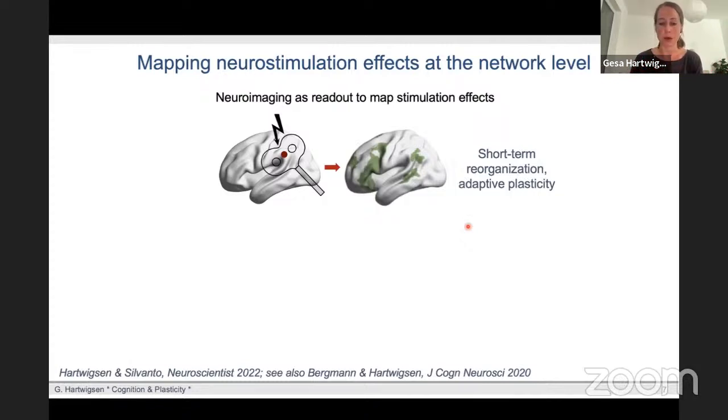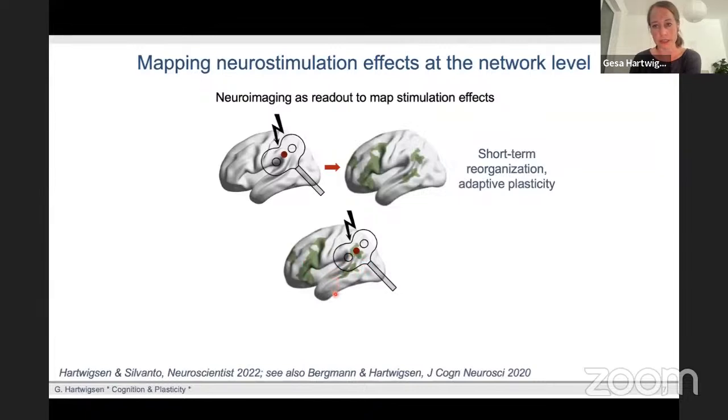And finally, we can also combine neurostimulation and neuroimaging or EEG in a simultaneous fashion. This allows to quantify the immediate responses at the network level. And it's, for example, interesting if you want to map changes across the time course of a learning experiment and are interested in differences at different time points, then you can see how, if you apply neurostimulation directly during fMRI, this changes the activation across the time course of your experiment.